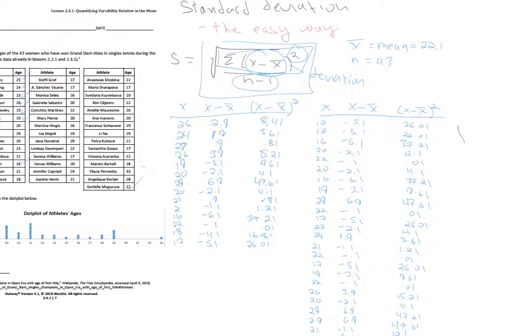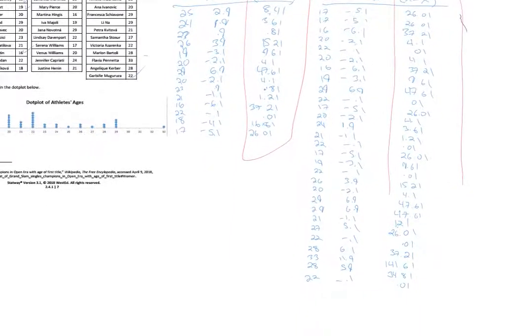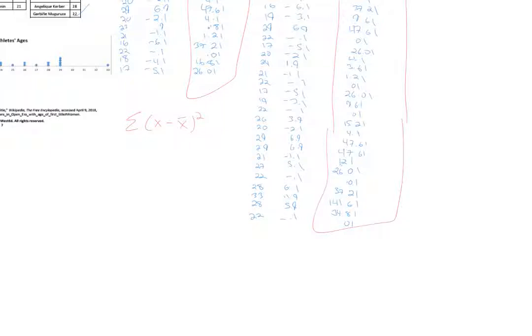Now what we have to do is sum up all of the numbers in this column, all the way down to the end. Because in the formula for standard deviation, we have the sum of x minus x bar squared. If we add up all these numbers, we get